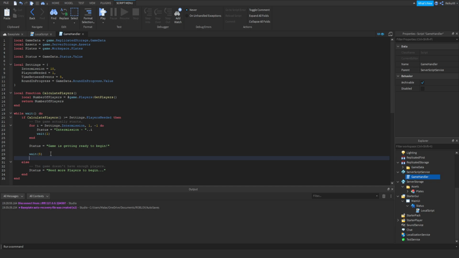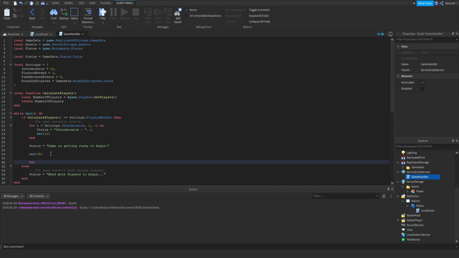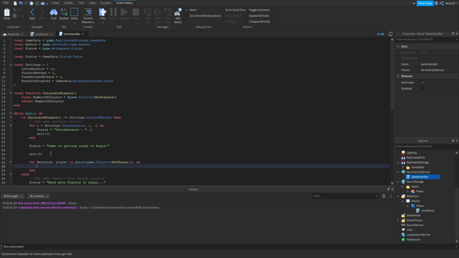And now we're going to do for key, value, player in pairs game.Players:GetPlayers() do, and make sure the player is actually alive. So let's just do if player.Character.Humanoid.Health